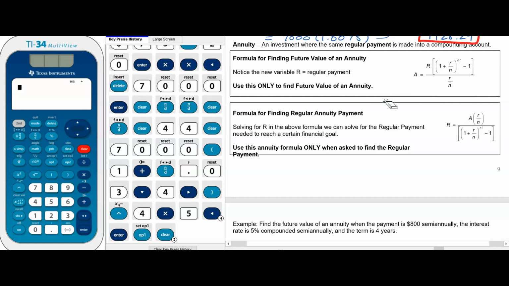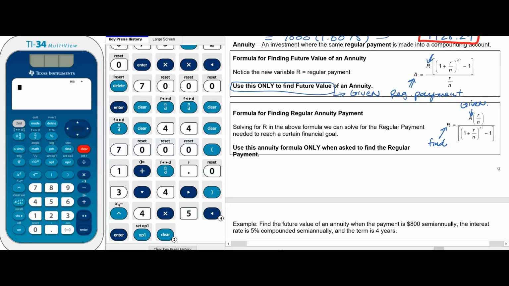So these are really big formulas. We're going to definitely rely heavily on the calculator here. The first formula is solved for the future value. So you're going to use this if you want to find the future value, and that means you're given the regular payment. If the problem gives you the regular payment amount, which is R, you have that to plug in and you want to find the future value, you use the first equation. For the second, you're going to use this formula if you're asked to find the regular payment. So you're finding the regular payment